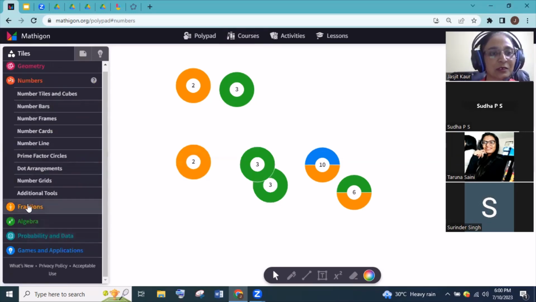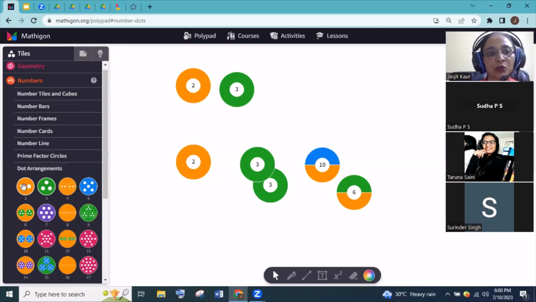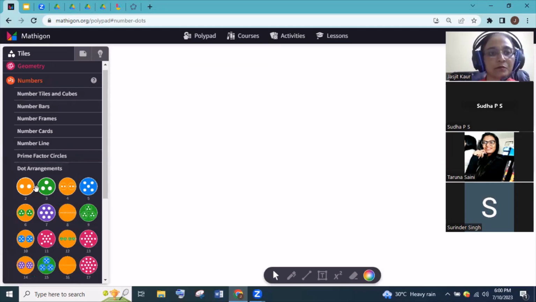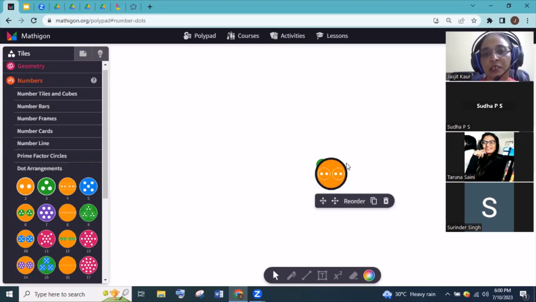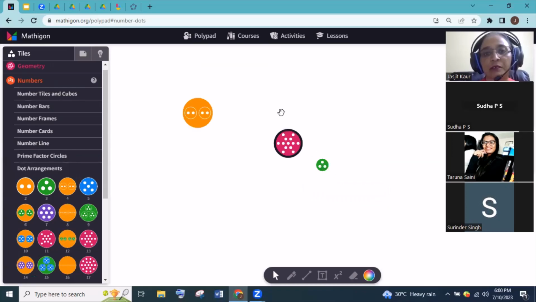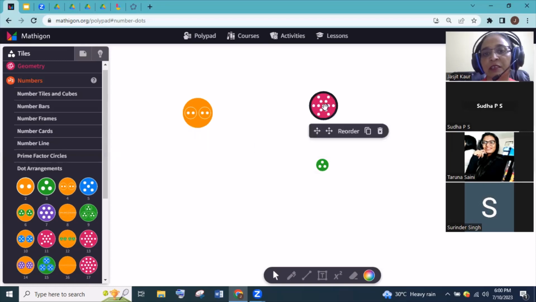So this is for the numbers. You can have the dot arrangements also. You can help the students to arrange it, to make it. Now just see. How many groups are there? 2 groups of 2. Or you can explain them with the split the factors from here. You can just help them to understand what exactly it is. Combine the factors.